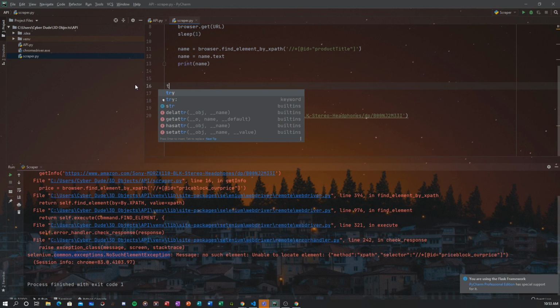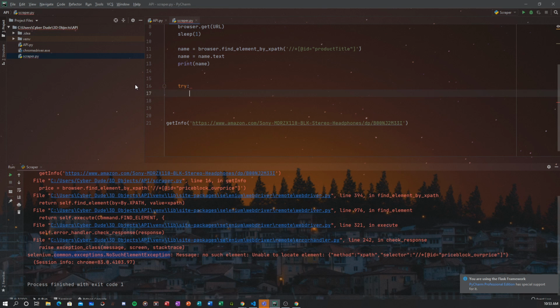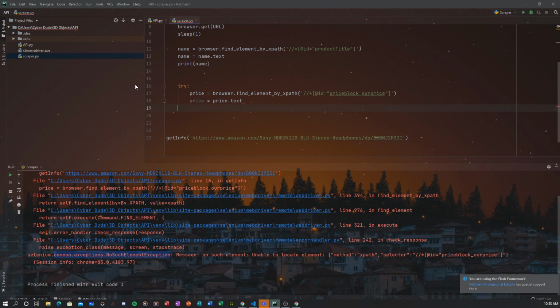So what we want to do is try to get the price here, but in case we get an exception, except not available, we'll set the value for not available above.